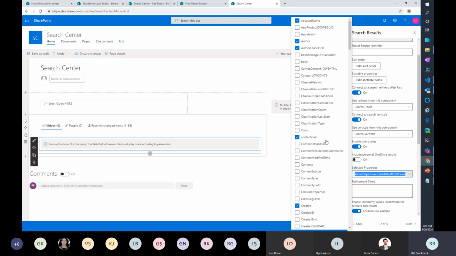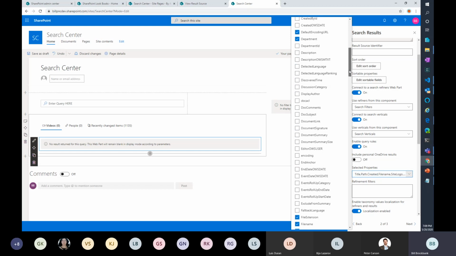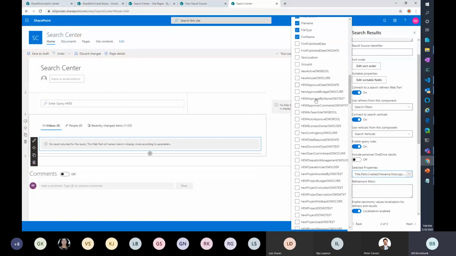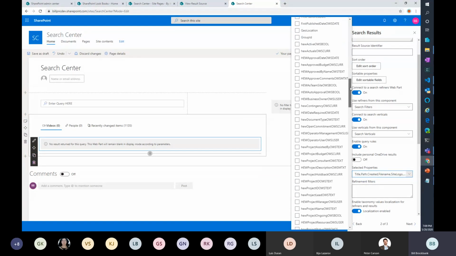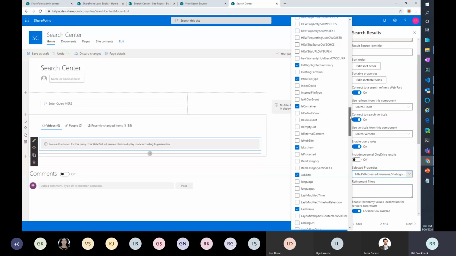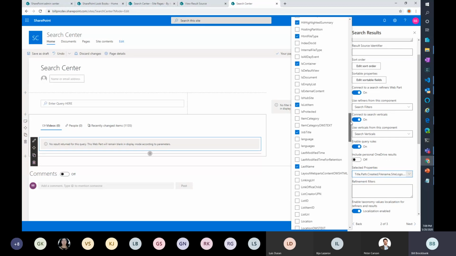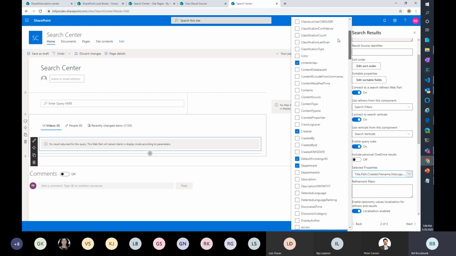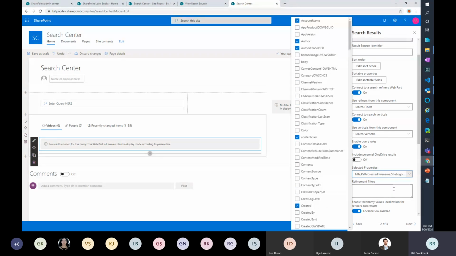So I've just opened Pandora's box. This is all the fields that are retrievable showing up in the list. So there's all the fields that you would have defined that come out of the box that are retrievable, plus any ones that you've created yourself. These are a lot of ones I've created a while ago, and they're all retrievable. So this would allow you on a query to get all these fields back for use in a results page. So there's a lot more than you see on the page available. And I'm going to show you how you actually can see what you're getting in results in a second. There's a very helpful example on how to do that.